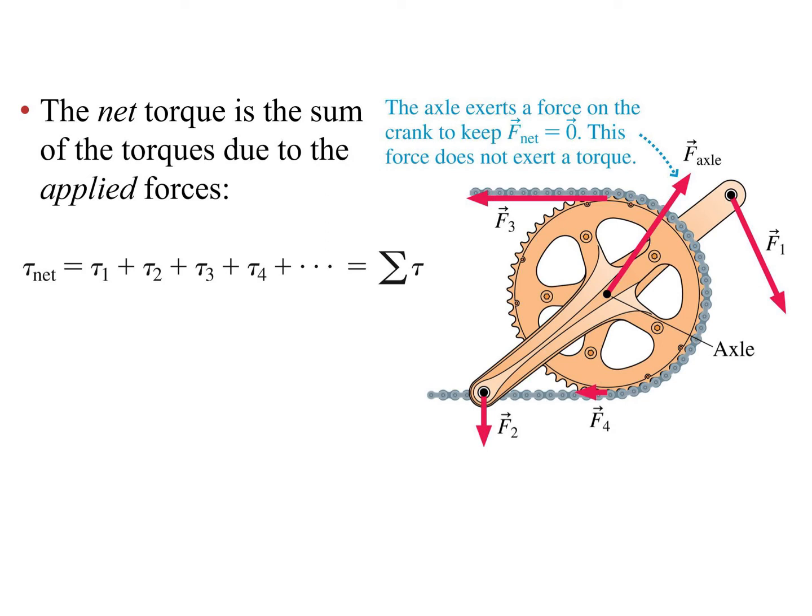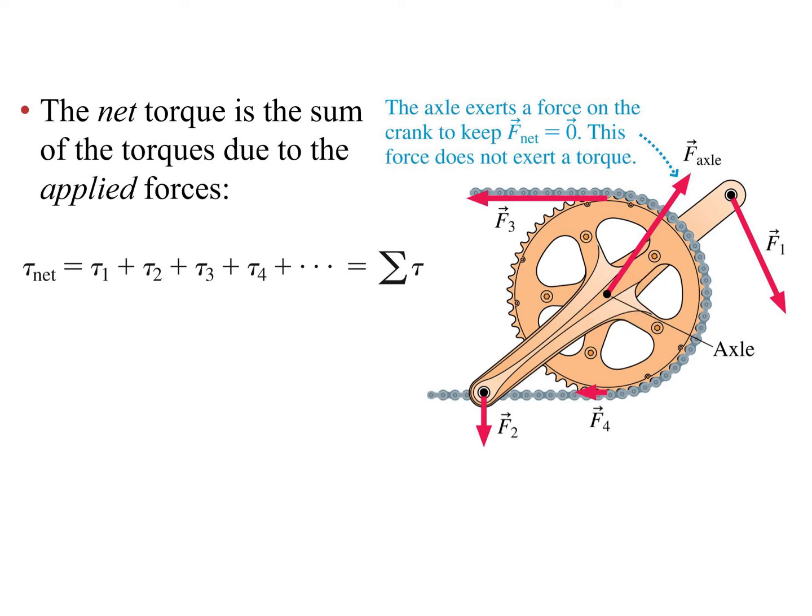All right, the net torque is the sum of the torques due to the applied forces. Duh, but worth knowing. Tau net is tau 1 plus tau 2 plus tau 3 and so on, which we often write as sigma tau. Notice that some of these torques might be 0, and that's fine. For instance, the axle force in this gear chain: the chain pulls this way, and the chain also wants to pull back that way, but you might be pushing on a pedal, but the axle, which keeps it in place, does not